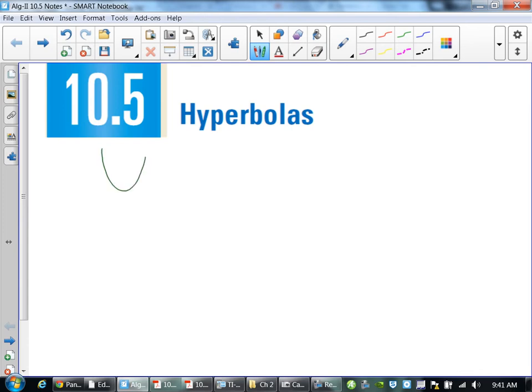So, hyperbolas look like this. Or like this. We have two equations. No, it's still one equation. Hyperbolas look like that. It's basically two parabolas. What's happening in between them is that there's values